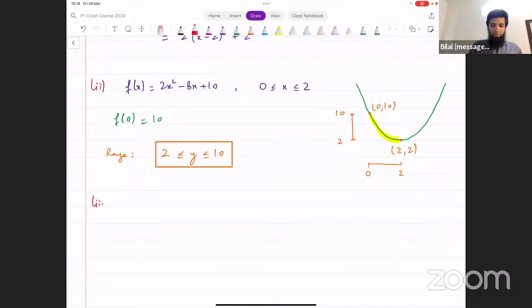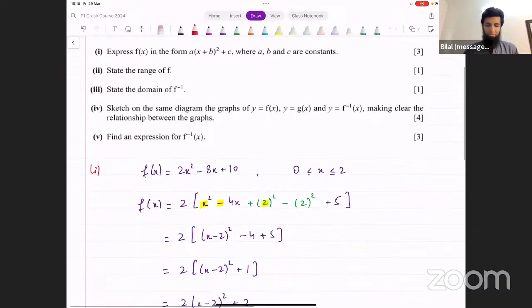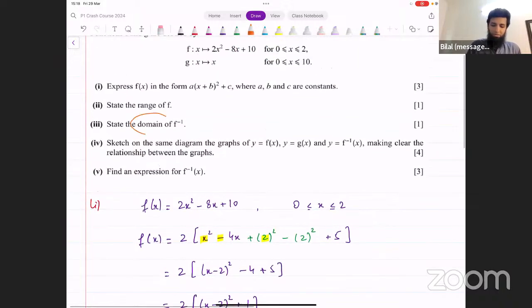Now, what about the third part? It says state the domain of f inverse. Generally, they ask us to find the range of functions. Now, they're asking us to find the domain of f inverse instead. How can we do that? How can you find the domain of f inverse? Any idea? Range of f or